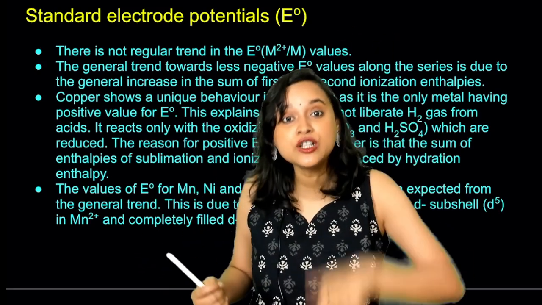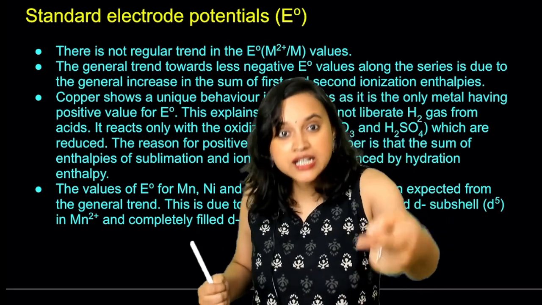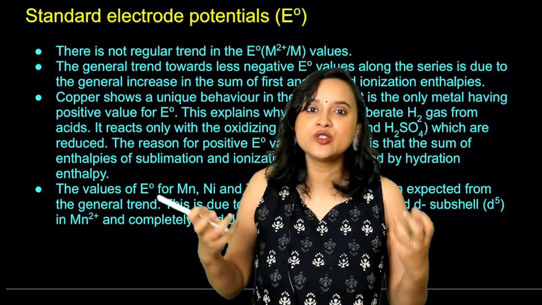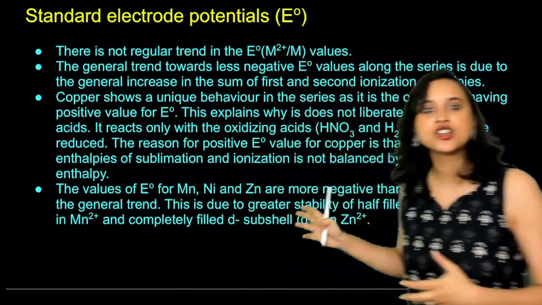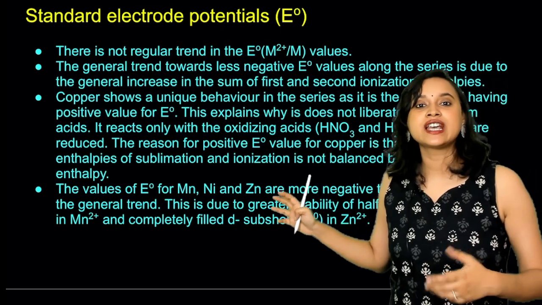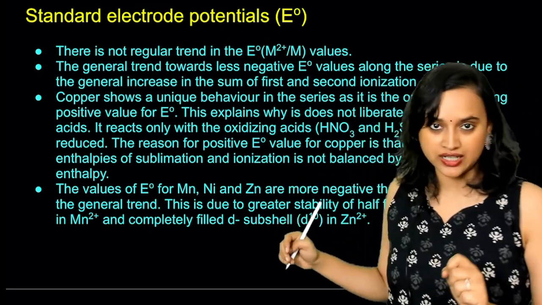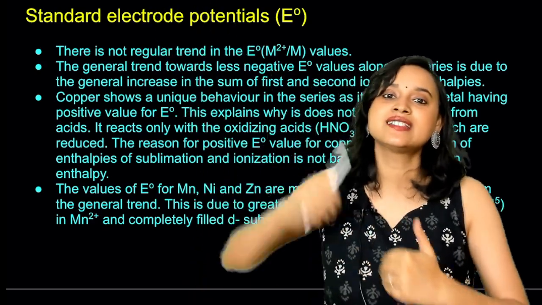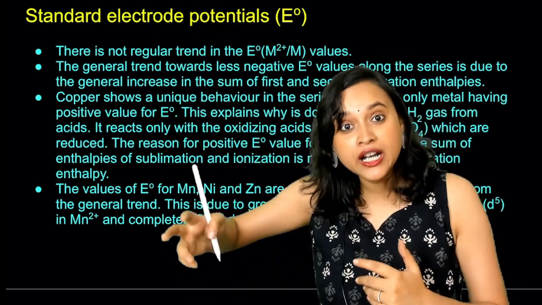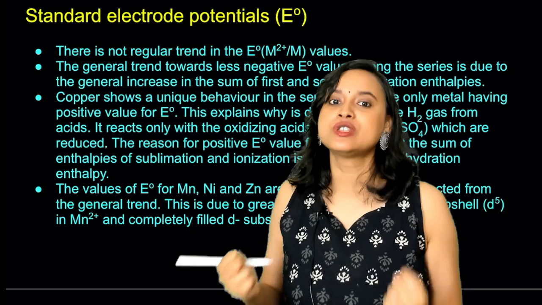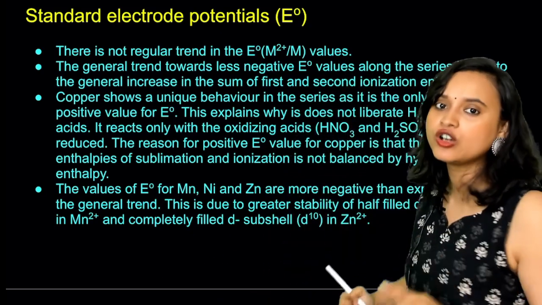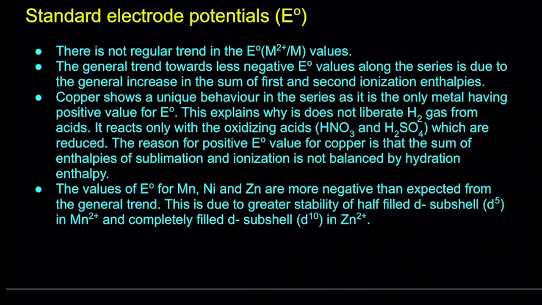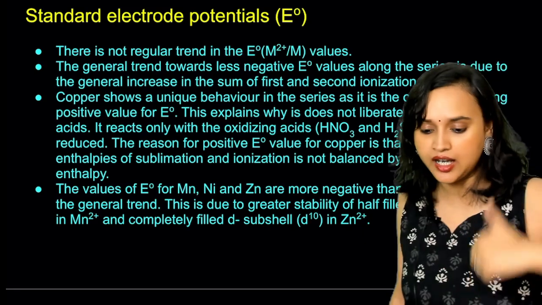Only because you were able to give it to me. Only because you gave me the 200 rupees, I could accept it. Similarly, here also, in the case of sulfuric acid, because sulfur is in the highest oxidation state, it can only reduce itself. While reducing itself, it oxidizes the other. So copper is made to lose electrons, and that is the only time when it can release hydrogen gas. Is this clear? Amazing.